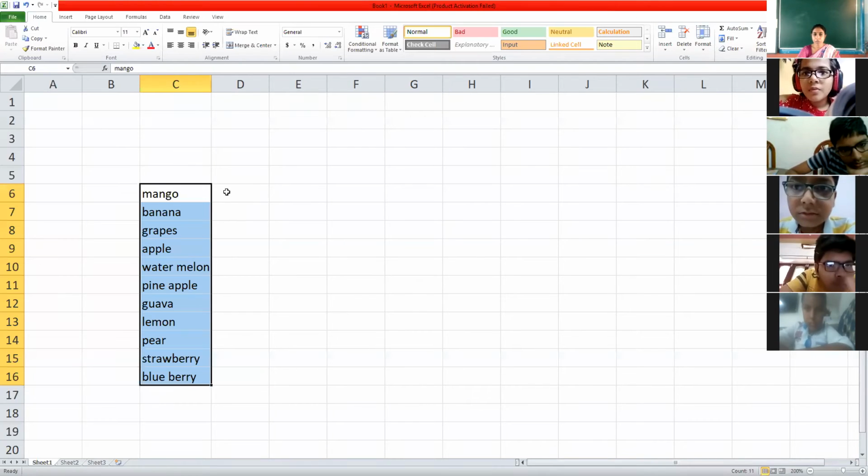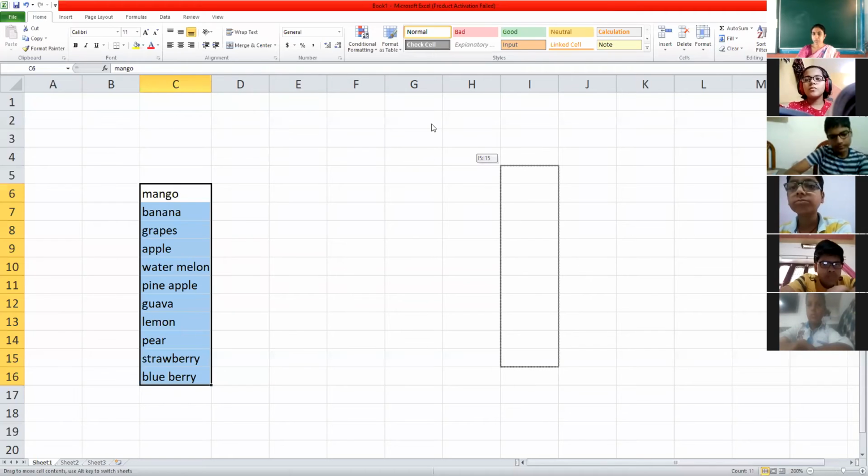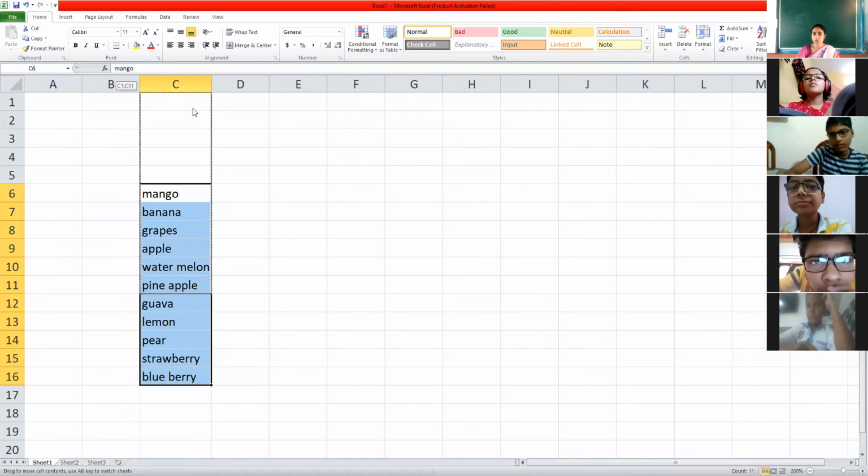As the pointer changes to this all-side arrow, I will drag it wherever I want. You can see dotted lines are also given, representing where your data is going. I want it on top here, or just suppose in B top.